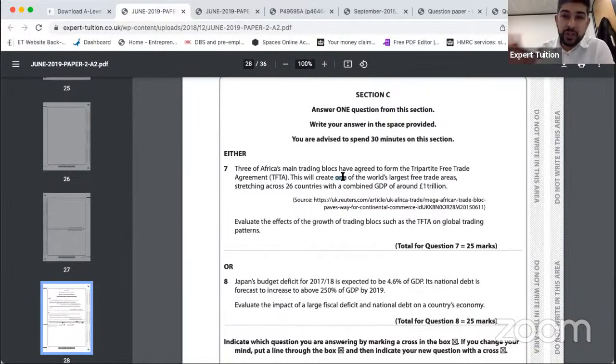analysis. Evaluation is not amazing, but this is not an amazing question, to be honest with you, as a 25 marker. I would evaluate by talking about how much trade and how effective the trade is, depends on how many countries are in the bloc. So for example, certain trading blocs, if they only have 3 or 4 countries, so as an example, in the specimen paper, prior to the creation of the TFTA, there was this trading bloc in Africa called the EAC, and